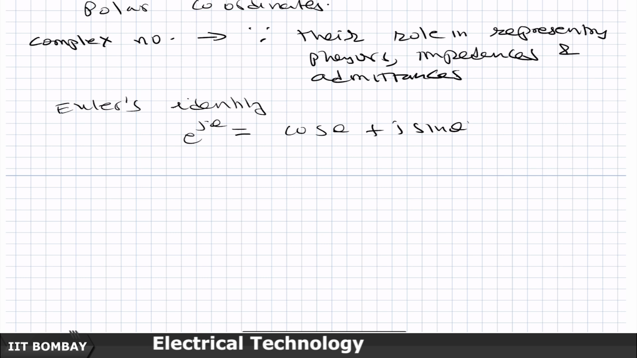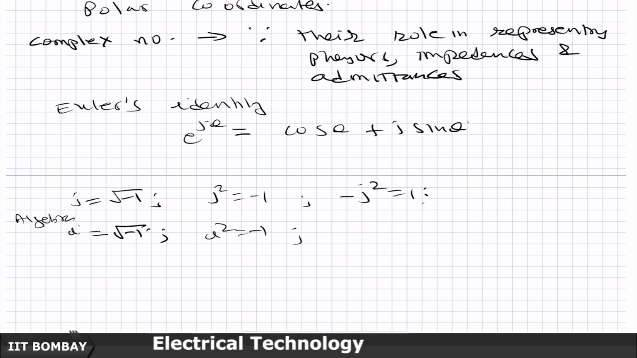This j, if you would have realized, I am writing under root of minus 1 as j, j square as minus 1, minus j square as 1. This is because in standard algebra books, rightfully, the imaginary number i is written as under root of minus 1. i indicates the first letter of the word imaginary. So, you get i square is equal to minus 1, minus i square is equal to 1, but electrical engineers prefer this